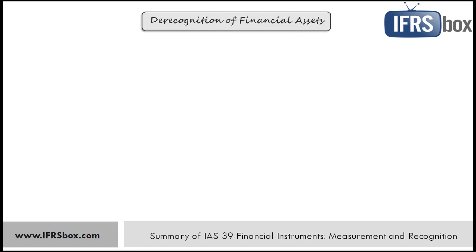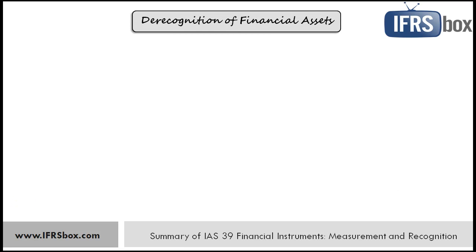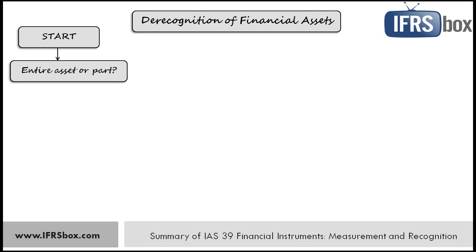The derecognition of financial assets is discussed very extensively in IAS 39. Application guidance contains a decision tree related to the recognition. So instead of listing the rules for the recognition, let's go through the decision tree. Before deciding on the recognition, you shall determine whether the recognition relates to the whole asset or only to its part. Then apply the decision tree to what you determined.